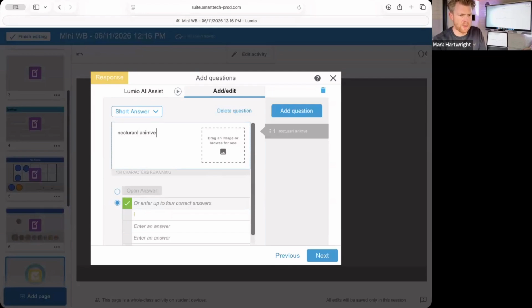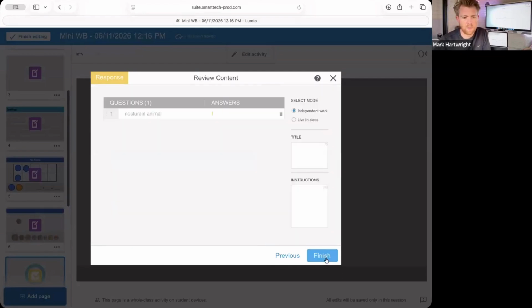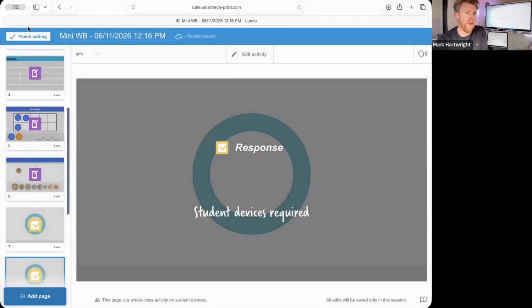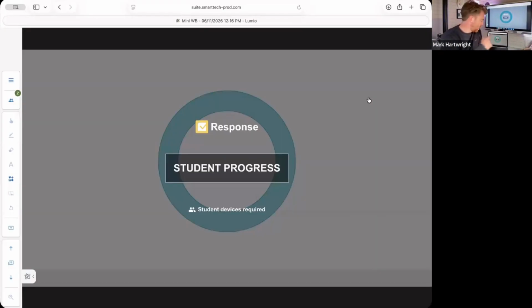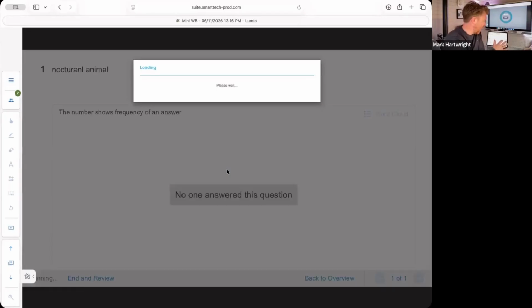Nocturnal animal. I think I've spelled that mostly right. So click next, click finish, and then finish that one. So now I've made that assessment. Students have then got it on their device now as well, so that when they do type in an animal,